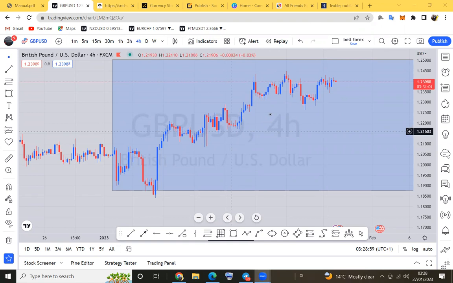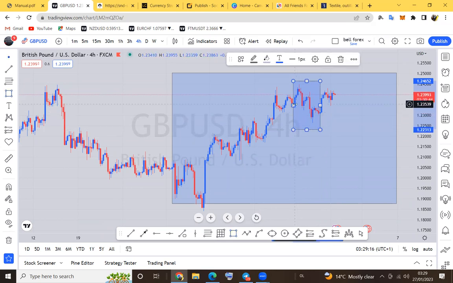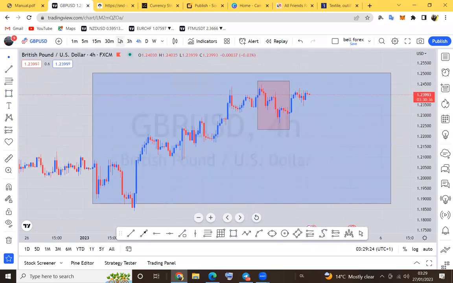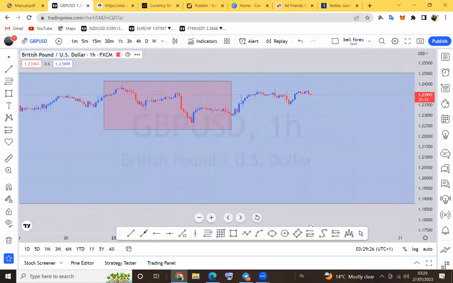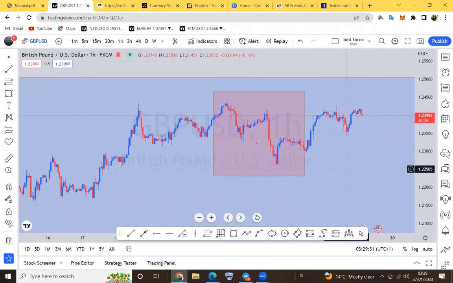So if we come in one of these impulsive waves, especially this one here, let's just take this small corrective area here, and then we change it to red, for example, and we go to a smaller time frame like the 1 hour, people are going to see that in the 1 hour time frame, there is also a wave inside, which is forming an impulsive wave, a corrective wave, an impulsive wave,